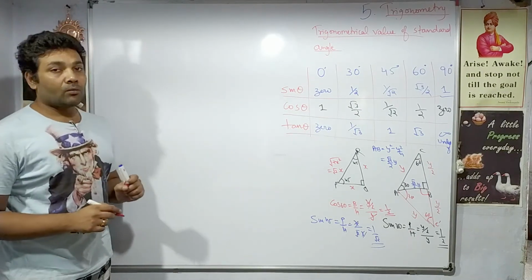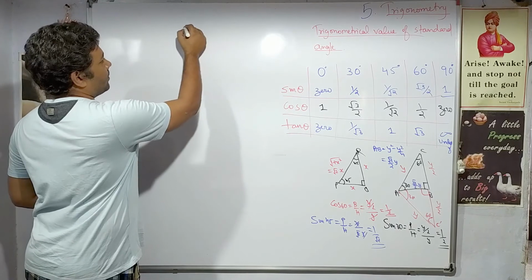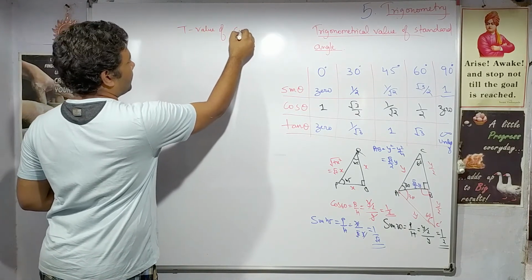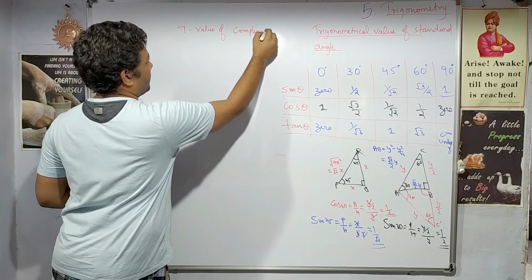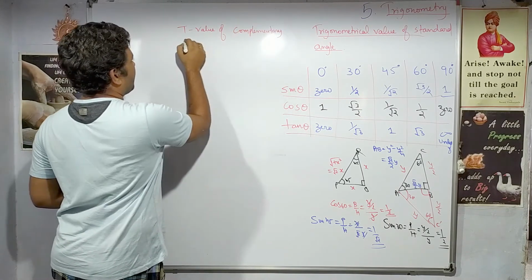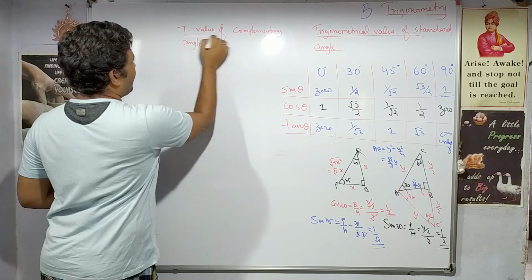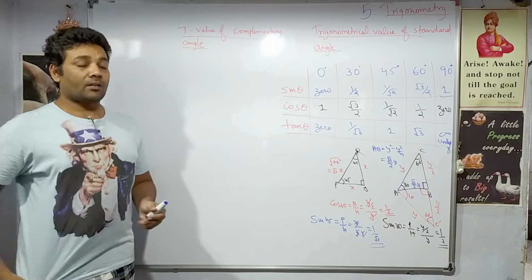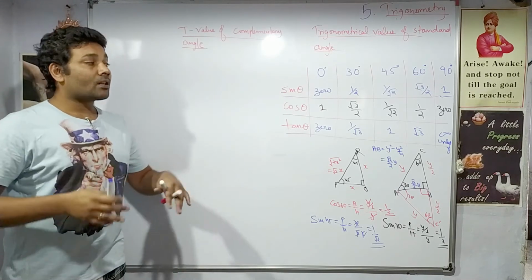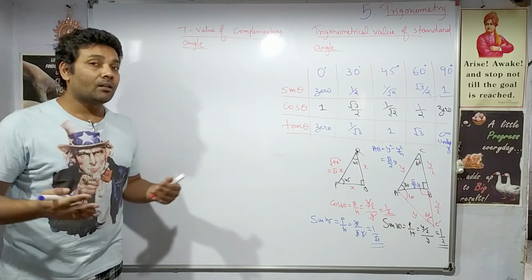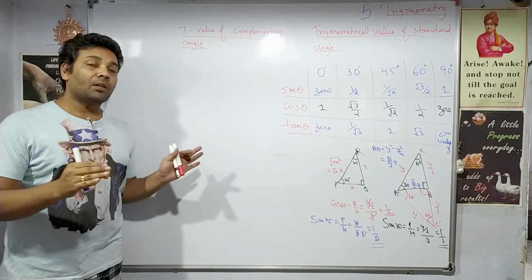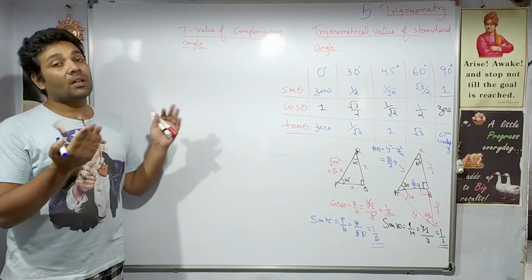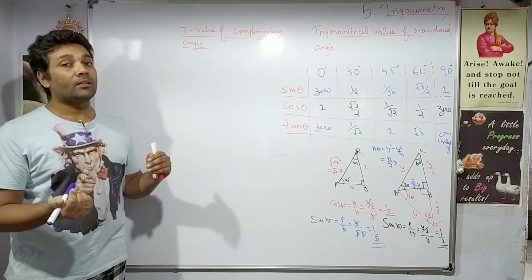The next part which we are going to study is the trigonometrical value of complementary angles. Simple this is. It's again a very simple concept. Even though it does not appear simple to you, if you say it is simple, it is simple. Psychologically, you feel it simple, and it also becomes easy to understand.